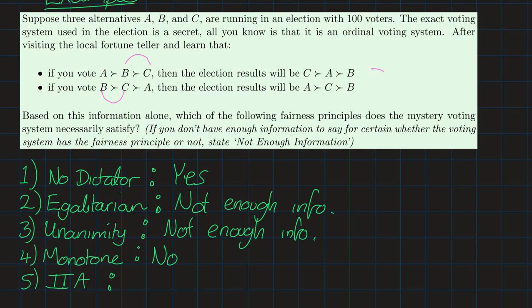If we go over to the results, in the first scenario, C is ranked higher than B. And in the second scenario, C is also ranked higher than B. Okay, so what does this mean? This means that it is not a contradiction to IIA, but that in itself does not prove that it has IIA. This just means we don't have any evidence that it does not have IIA, but that doesn't necessarily mean that it does have IIA. There's just a lack of evidence against it. So what's the answer to IIA? Just not enough information.